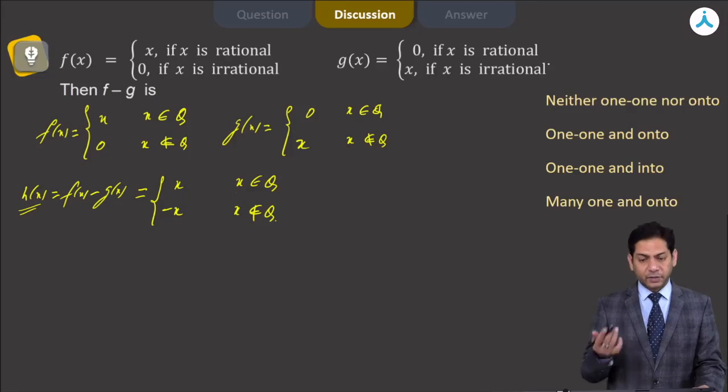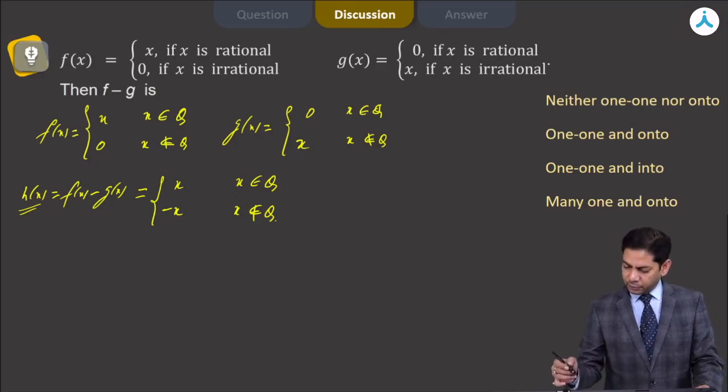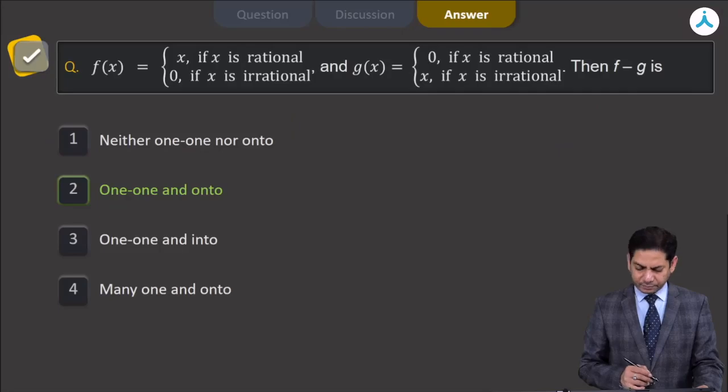That means the function is one-to-one as well as onto, as the domain of definition of this function is the complete set of real numbers and the range is coming out to be equal to R. So this is a one-to-one and onto function both. Let's confirm it. That must be the correct choice. Okay, the second option is the correct one. Thank you.